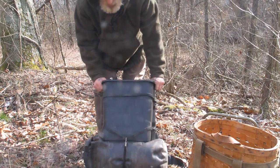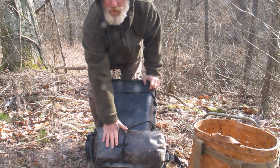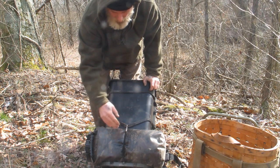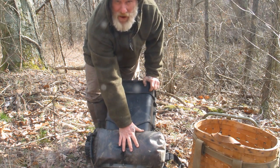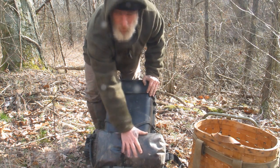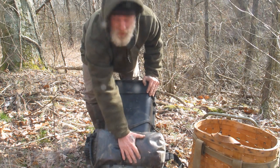So what I've done with this one is very simple. I've taken a dry bag. This would happen to be a Pathfinder dry bag, could have been Sea Line, anything like that. And I have put my sleeping bag, my black Arctic bag from the MMS system, and my Gore-Tex bivy into a dry bag, put it on the bottom shelf,